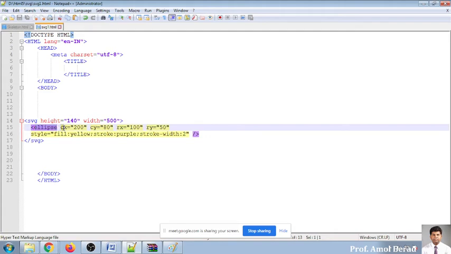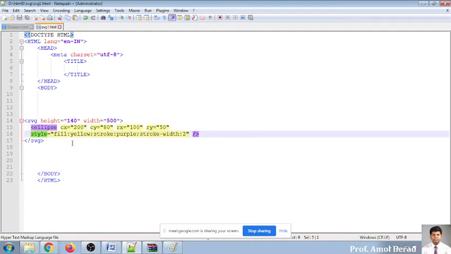You can use it with CX, that is a starting point, X and Y coordinates. Its width, that is the X coordinate range, how long you want to make it as far as the X coordinate is concerned and the Y coordinate is concerned. Keep in mind, it is CX, CY, it is RX and RY. These are the four attributes you have to use.